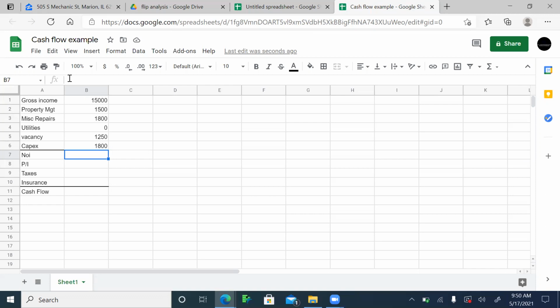You're basically creating a cushion, so when you have to replace the roof 10 years from now, because it's effectively no longer